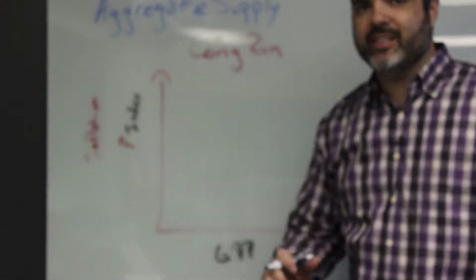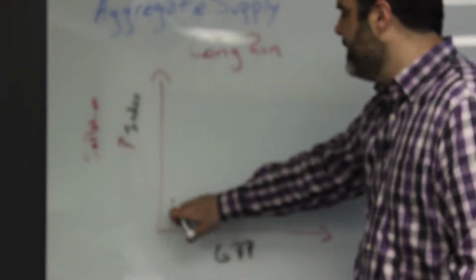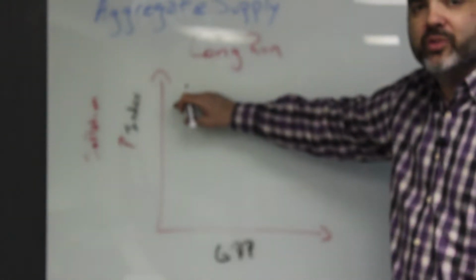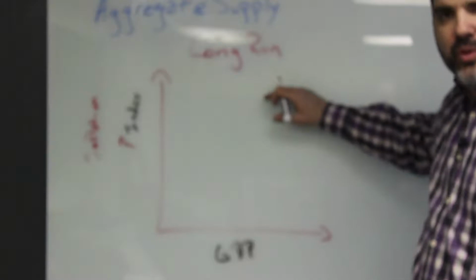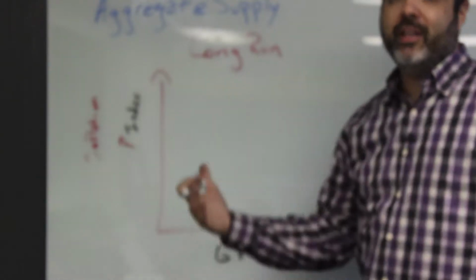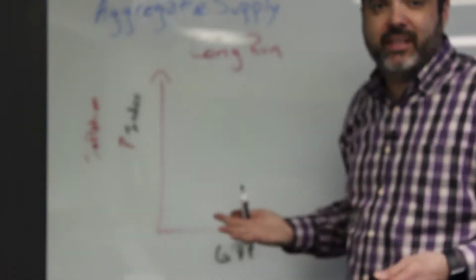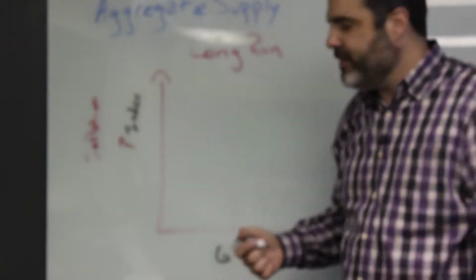Typically on a supply curve, you'd see it going up, right? You'd say the higher the prices that producers can get, the more they want to produce. If they're going to get more money for an item, they'd want to produce more of that item. That just makes sense because we can get more profit for it.